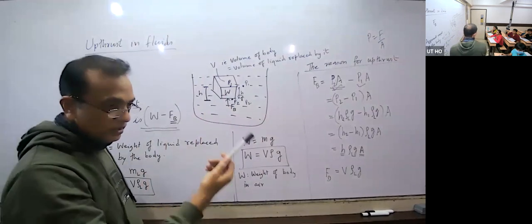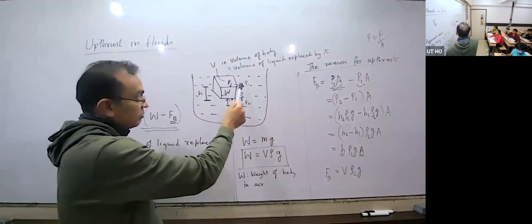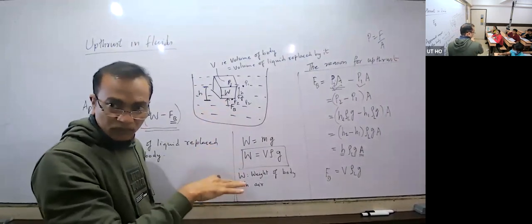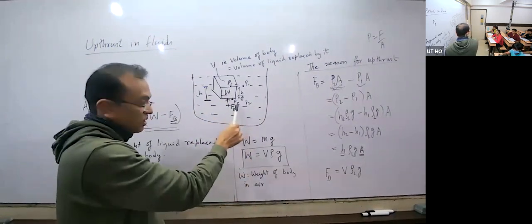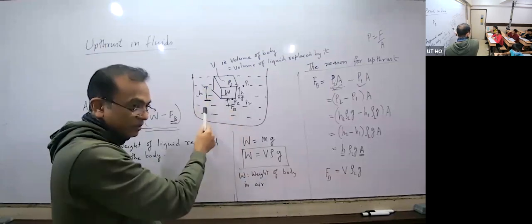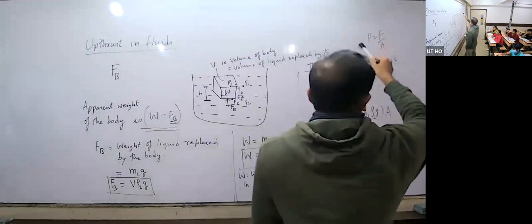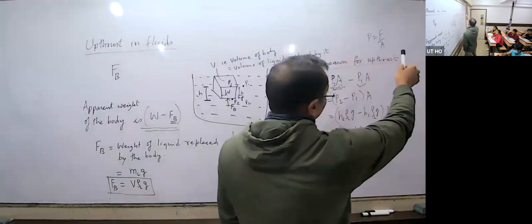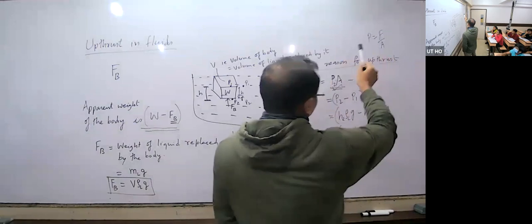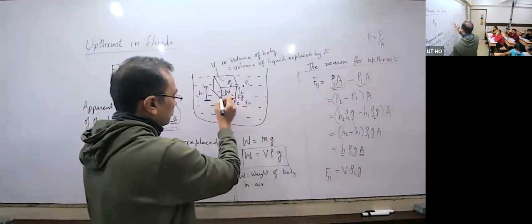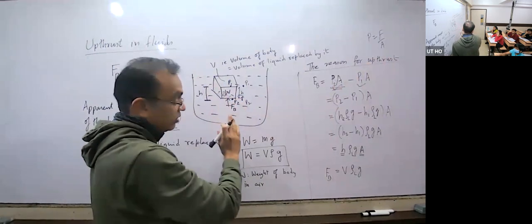Then we discussed what is the reason for upthrust. It is the difference in the pressure at the top layer and the bottom layer of the body when it is submerged. So at the bottom layer, pressure is more due to greater depth. But pressure is force upon area, I mean thrust upon area. So if we multiply pressure with the area of this body, where the pressure is exerted, P2,